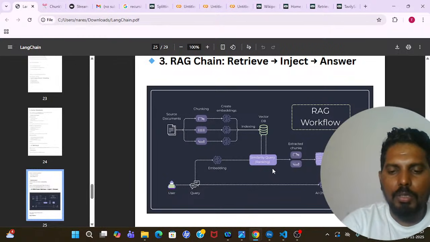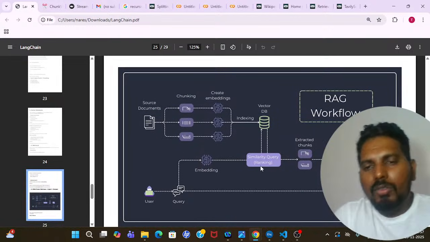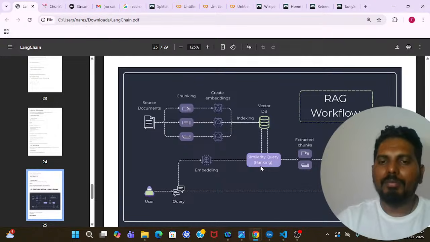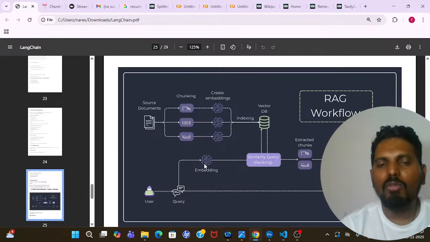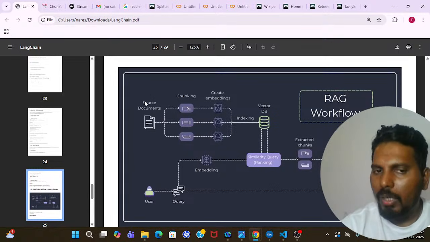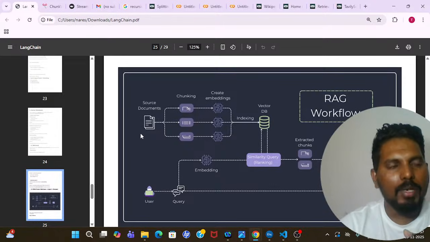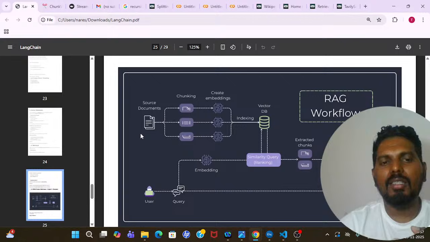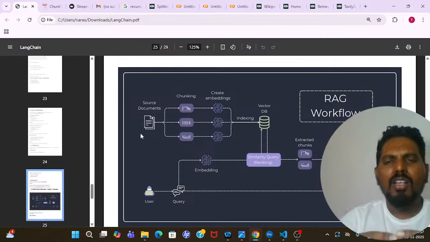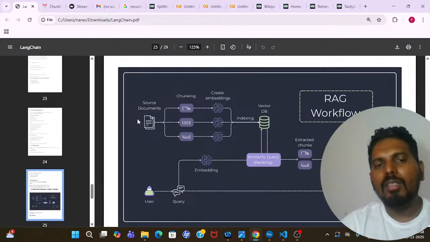All right, I hope it is visible to everyone. So what is the structure of RAG? If you see this document, you will understand a clear picture of RAG. Let's take the organizational case. In an organization, we will have leave policies, medical policies, code bases, project requirement documents, and HR related policies. So we'll have several kinds of source documents, correct? All source documents